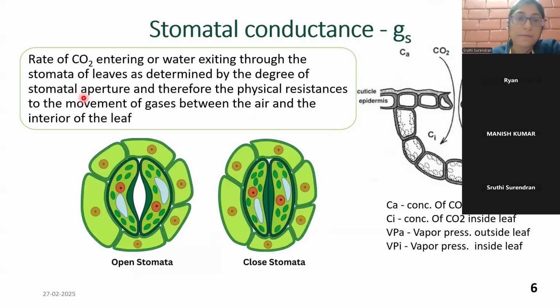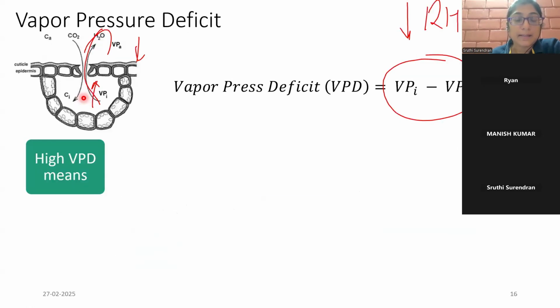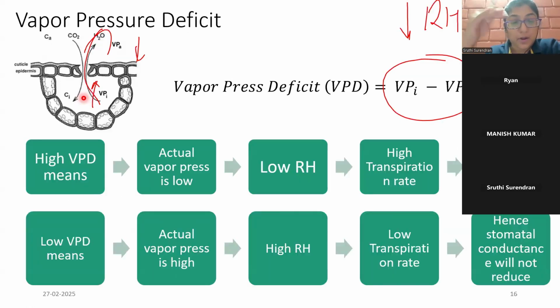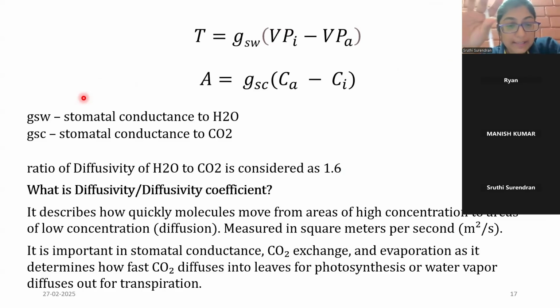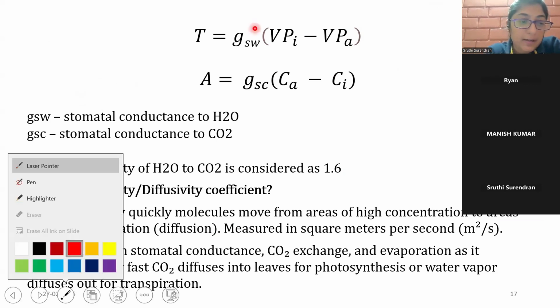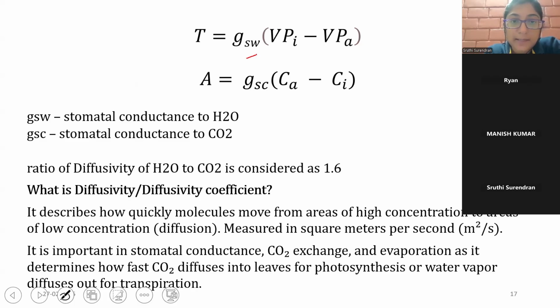So which out of it is stomatal conductance? So stomatal conductance is a process that can be represented in terms of carbon dioxide entering as well as water exiting through the stomata. So when transpiration is occurring, we know that transpiration is a product of the stomatal conductance and the vapor pressure deficit. Now here you can see that I have named this stomatal conductance as GSW. That means stomatal conductance to the movement of water. Now we are segregating the two processes. So one is stomatal conductance to the